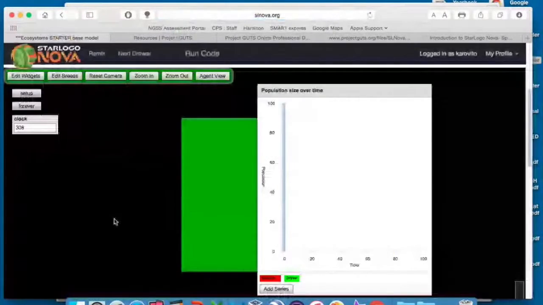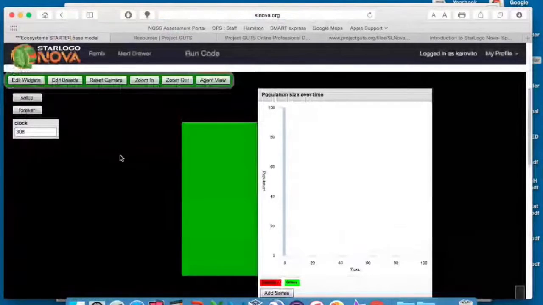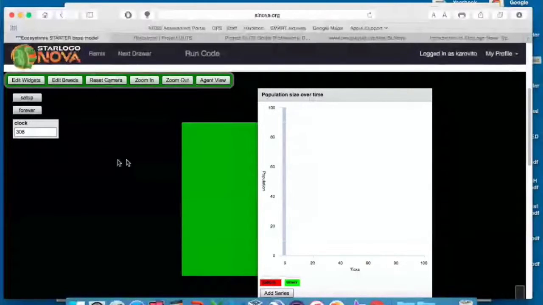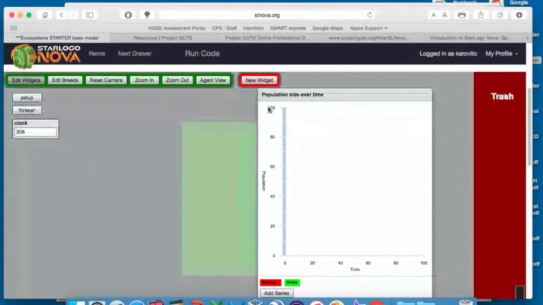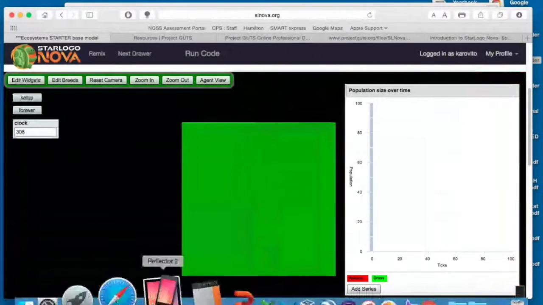Something I wanted to show you about this is that when you first start, there's a population chart right here that sits over Spaceland. To move that so your students can see, you just go to Edit Widgets, and you can move it over, and then click Edit Widgets again. I don't know why it always starts right there, but you have to move it over when you first start. So again, if your students were editing this, they would remix it, put it in their own public gallery,